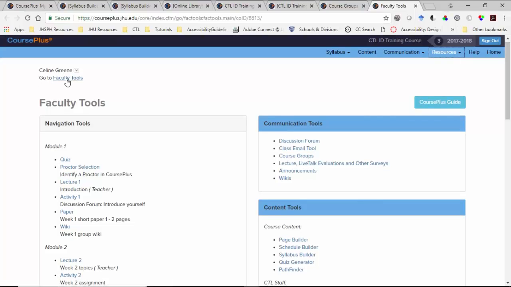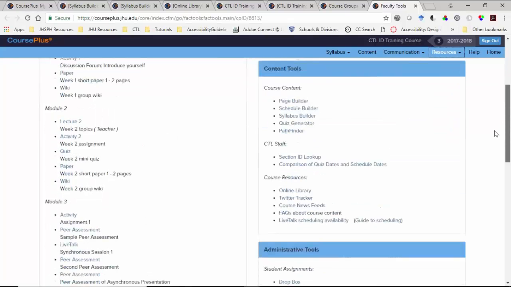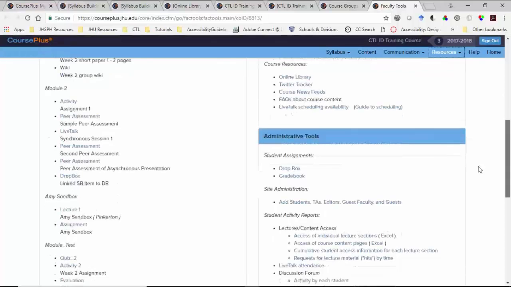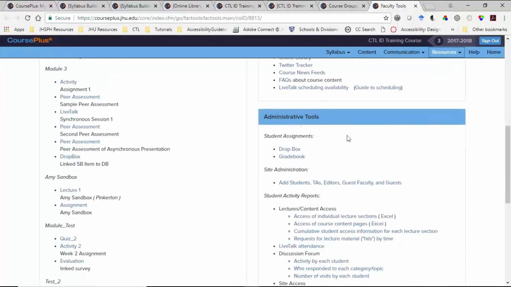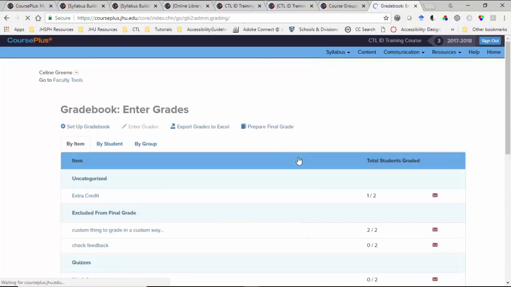Instead, click on the Gradebook link in the Faculty Tools page to get there. The Gradebook link is in the Administrative Tools section of the Faculty Tools page. Let's take a look at this sample course's Gradebook. When you click on the Faculty Tools link to the Gradebook, you're taken to the Enter Grades page of the